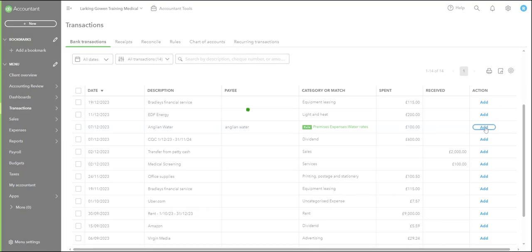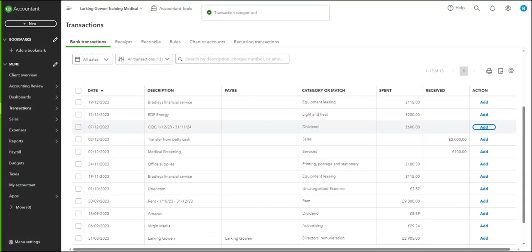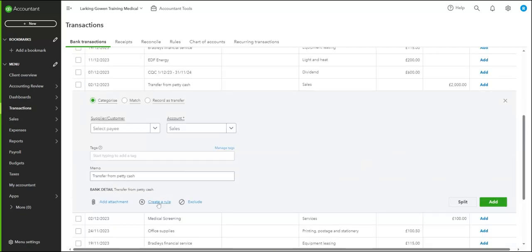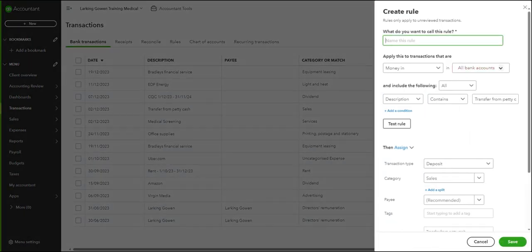It is also possible to create rules for transfers. For example here, you have a transfer of money received from petty cash. If I click on the line there, scroll down slightly and select Create a Rule. So I'll call this rule Petty Cash Transfer. So if money comes in to the bank account